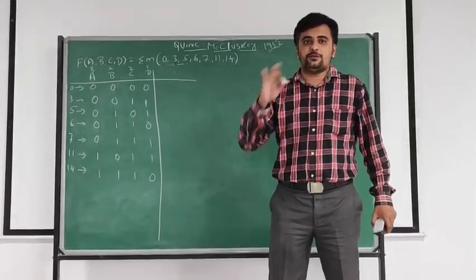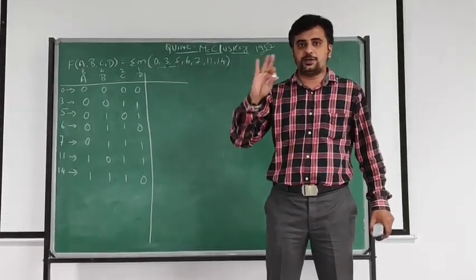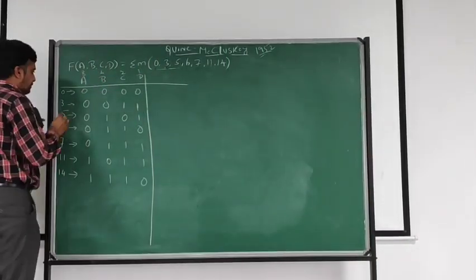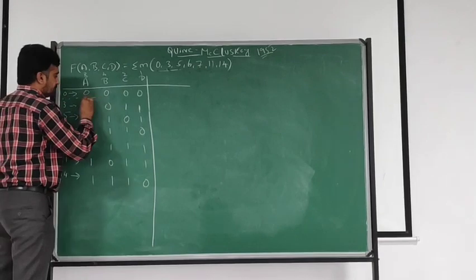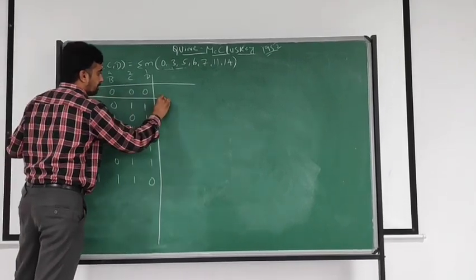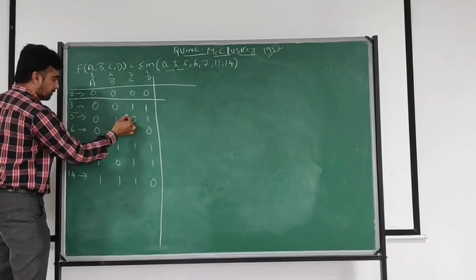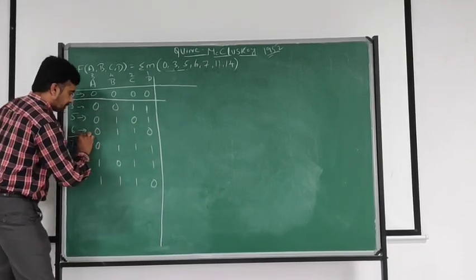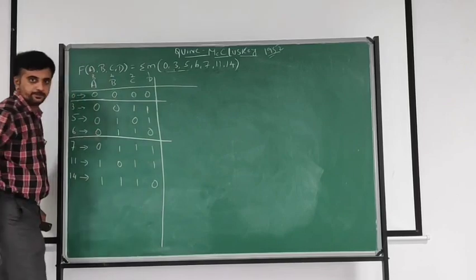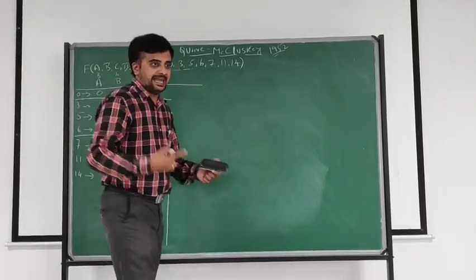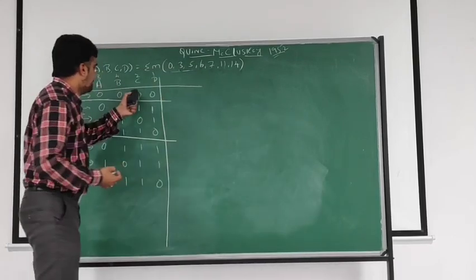Arrange by number of zeros, number of single ones, number of two ones, and number of three ones. How will you arrange? Just make a note of this. Number of single ones, clear? Next, combine all the two ones, then the three ones. This is one step.